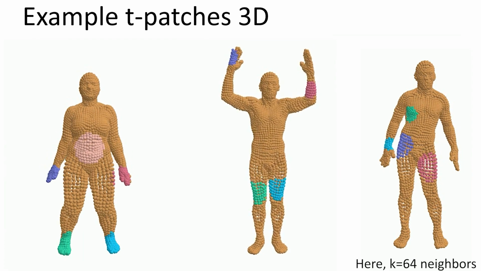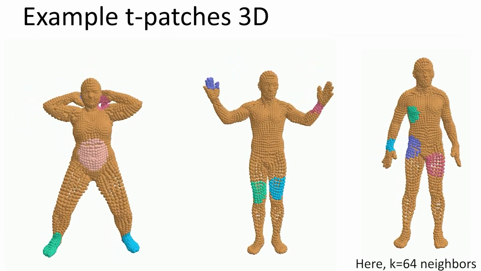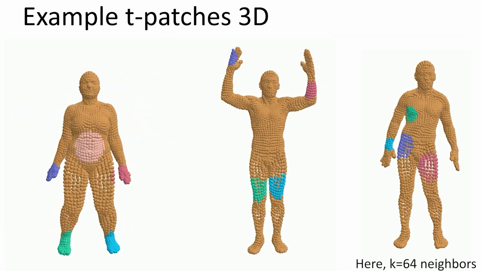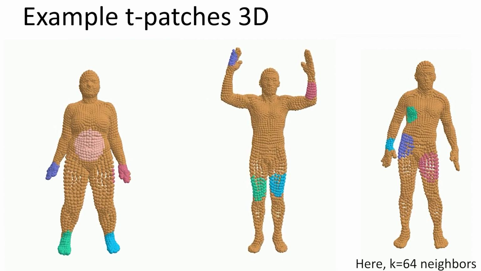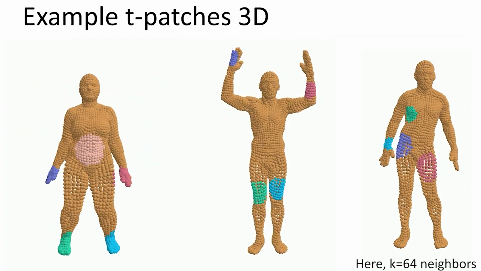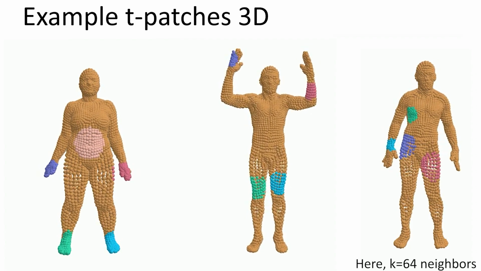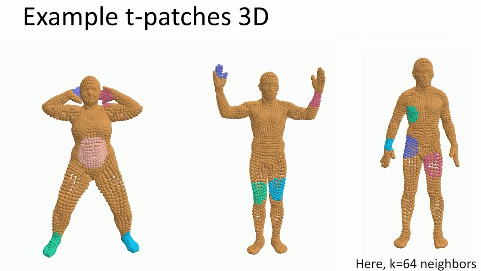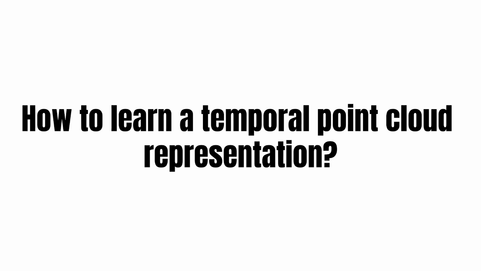Here are a few examples of T-patches extracted from the DFAUST dataset. The T-patches are color-coded in blue, green, cyan, and pink, and represent a small subset of all patches extracted for these dynamic shapes. Now that we have the T-patches extracted, the remaining question is how do we learn spatio-temporal representation